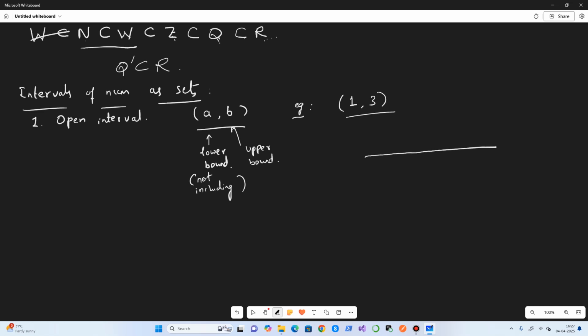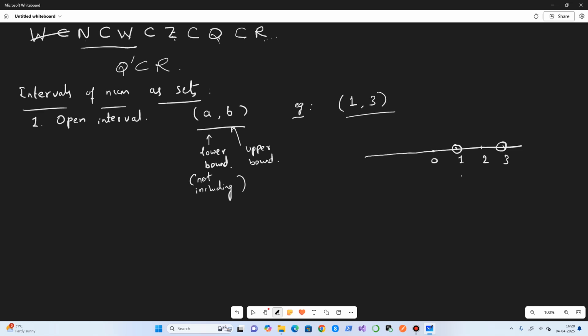You have 0 here, you have 1 here, for example you have 2 here and you have 3. So 1 is not included, so for the lower bound we put a small circle, and 3 is also not included, so we put a circle around that.